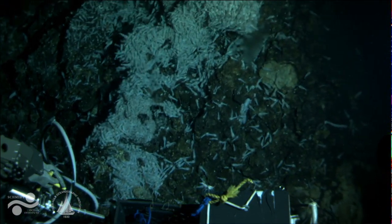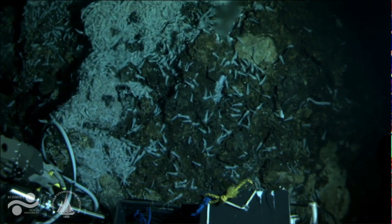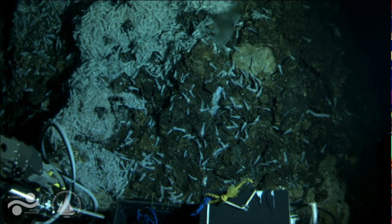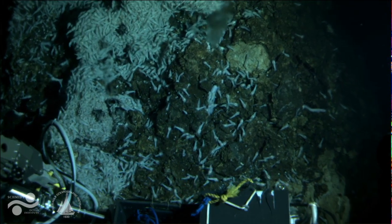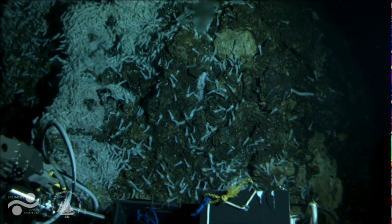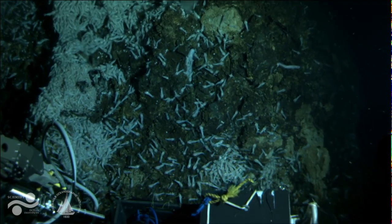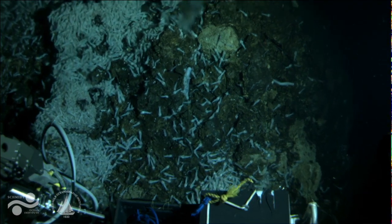Well, there's something just there. How about that? Right in front of you. So we have something there that's pumping away. You have two. There's the one on the left which has shrimp around it, and then you have one on the right which is bare rock with a white crack. So let's...